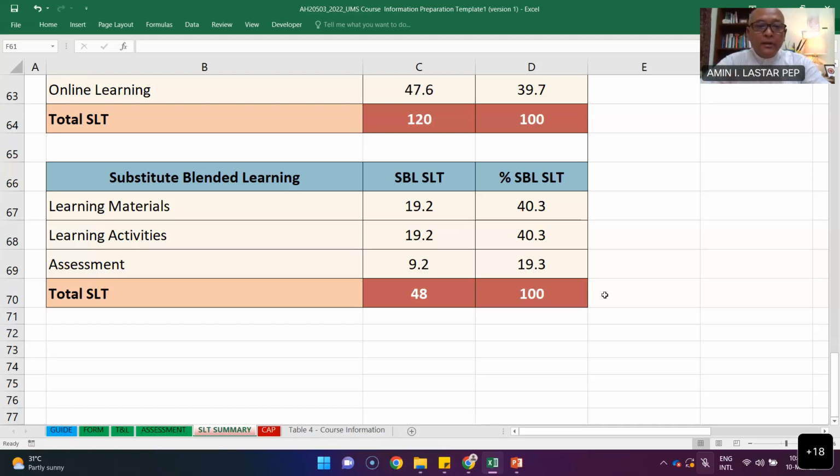And I understand that you have all your materials, documents, contents and assessments in your Smart UMS. Don't worry, it's still there.